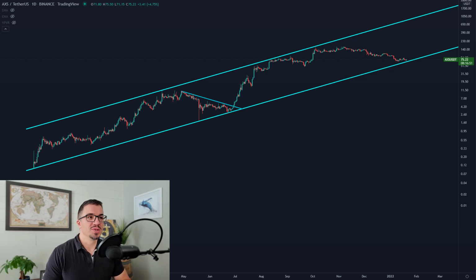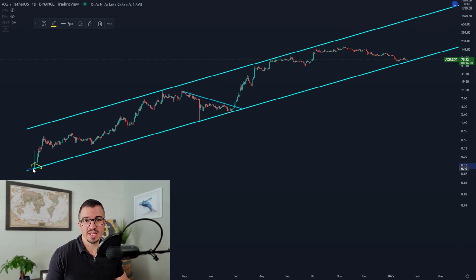Okay, so starting out with AXS USDT on the daily time frame, you can clearly see a couple of things from this market. Ever since late 2020, during the inception, so I believe this is the inception back here. Every chart I've seen shows a late 2020 inception. From the low down here, we have this ascending channel and also clearly a macro uptrend of higher highs and higher lows. Now, you can also see where the market has come into support here recently.